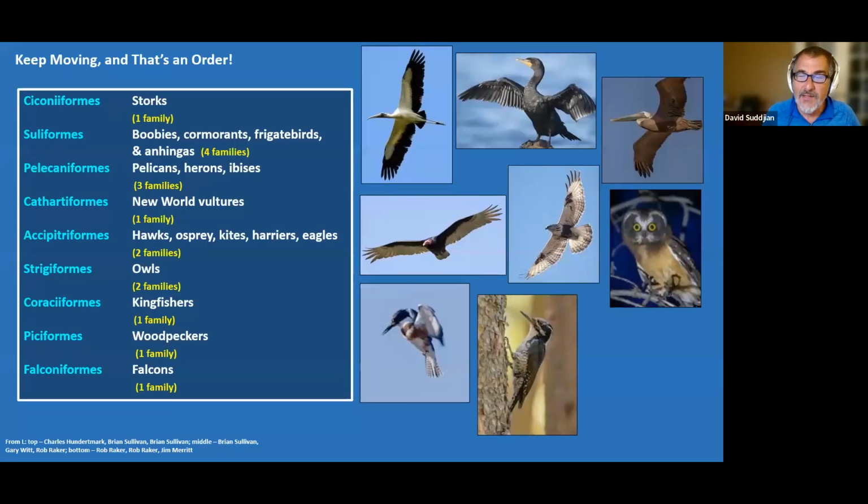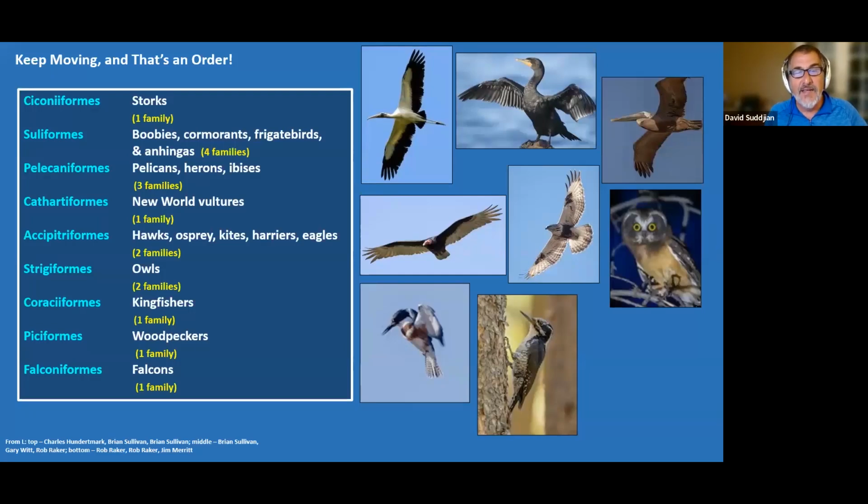And then the next one down is, now I like to call this Piciformes because it sounds more like a woodpecker pecking, but another pronunciation could be Pisciformes. All right, so the woodpecker family, represented here by, I'm not going to say what it is, you can figure it out. And then finally the Falconiformes, which used to be grouped back up there with the hawks and the